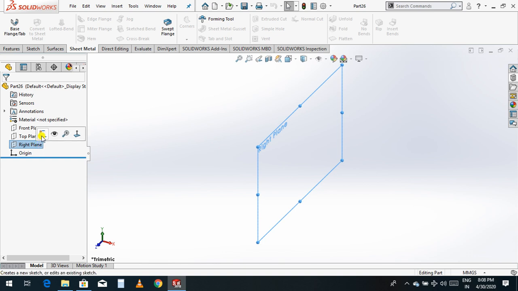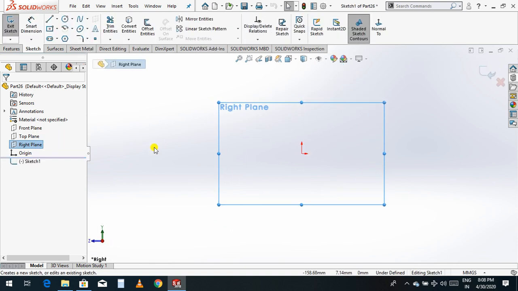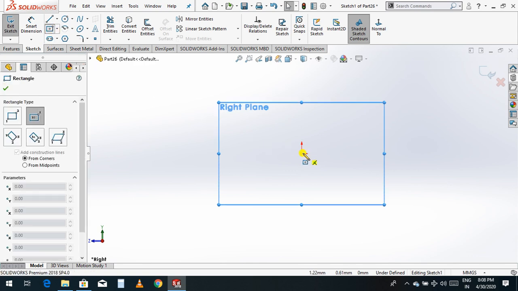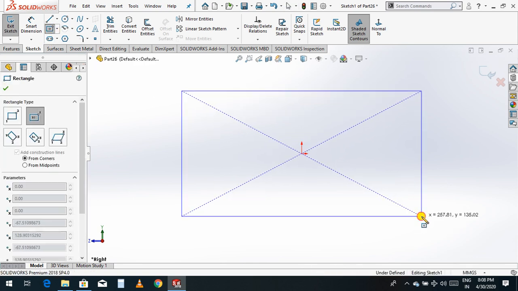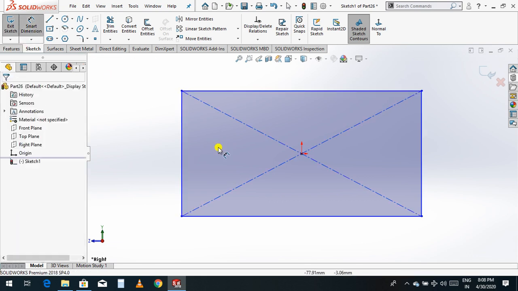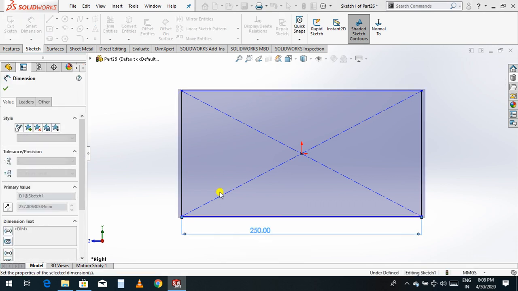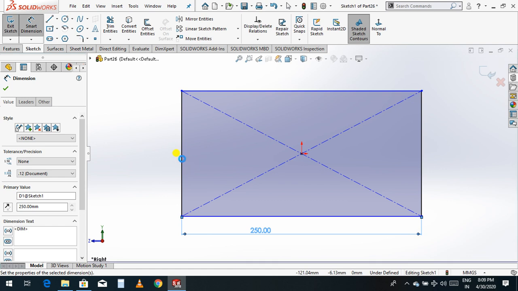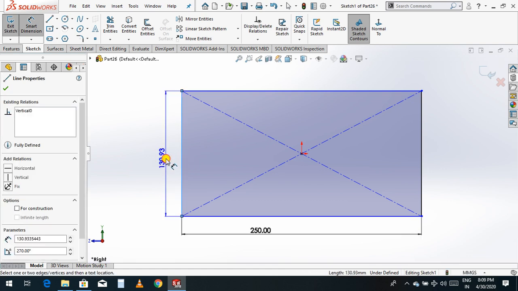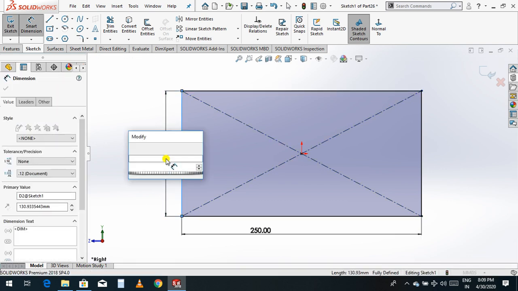Select the right plane. Click sketch, normal, and draw one center rectangle like this and give a dimension. I'll take this one 250 and this length I'll take 150.